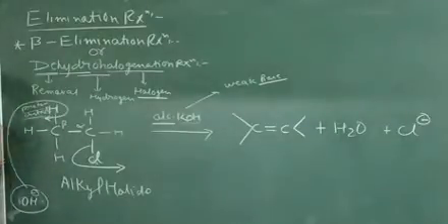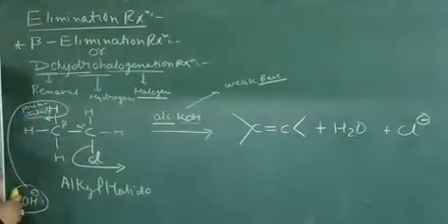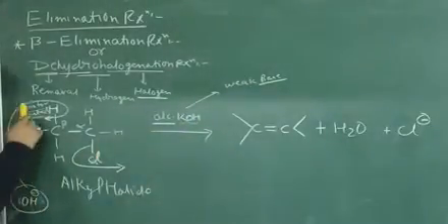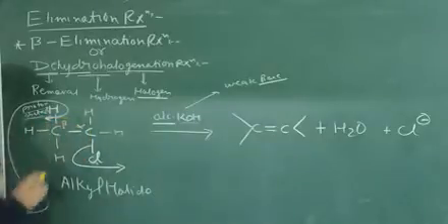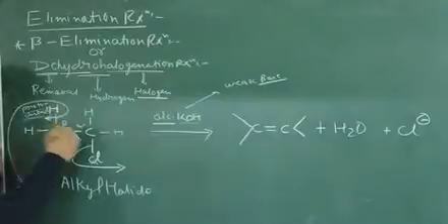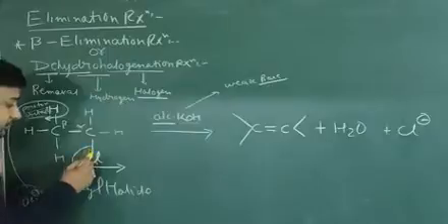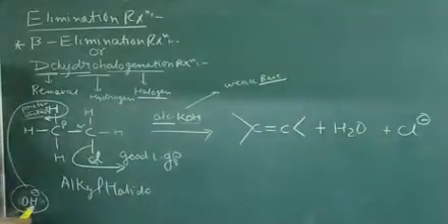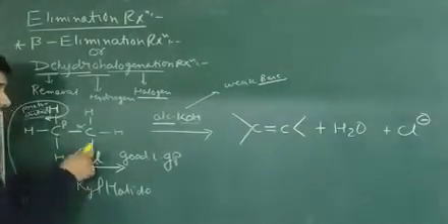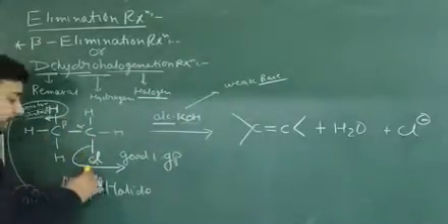When the proton is abstracted by the alcoholic KOH, that means the OH part of the KOH abstracts the proton, and the electrons transfer to the alpha carbon, because here the carbon and the chlorine are attached, and this chlorine is a good leaving group. It is going from here because chlorine is more electronegative as compared to the carbon.